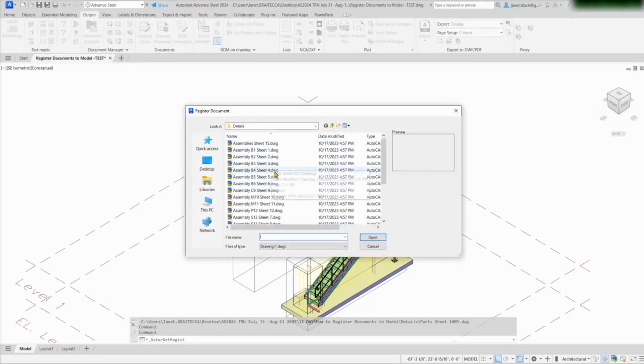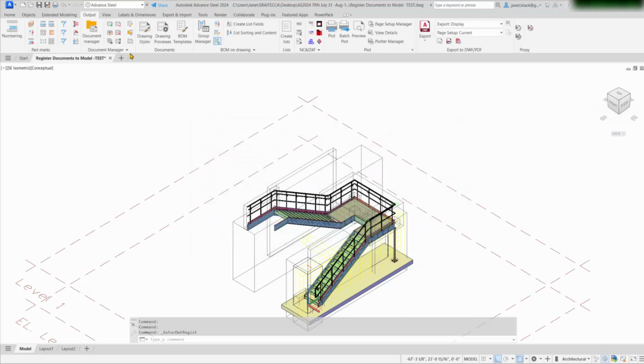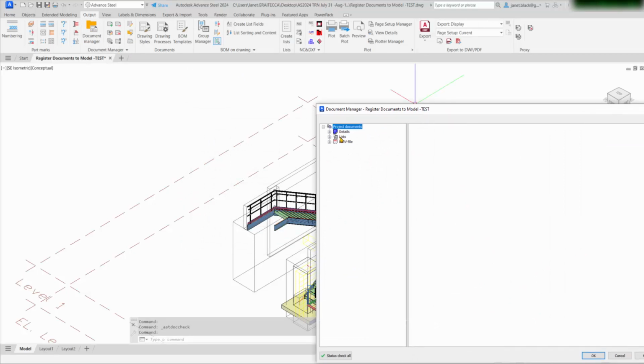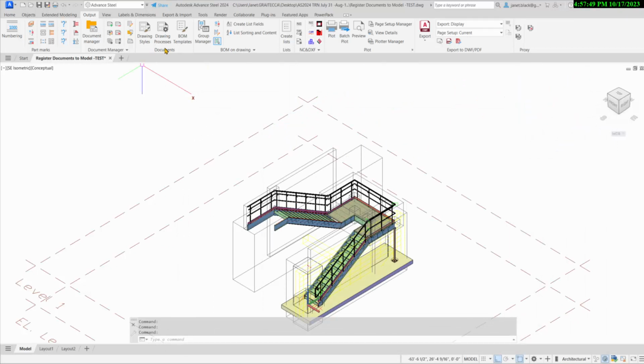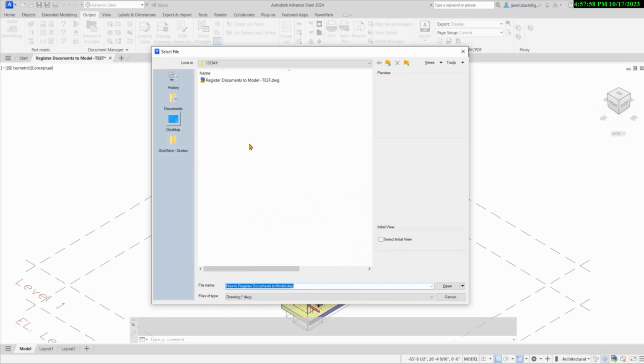See, I just registered all of these details, selected open, going to my document manager, expand the details, which will be empty. The reason why that is happening, if I go at, is because it doesn't contain a folder. So I can go and open. See the test? I'll go to the day 12,